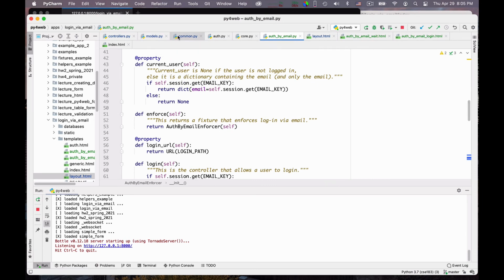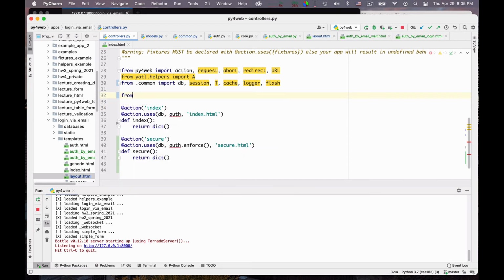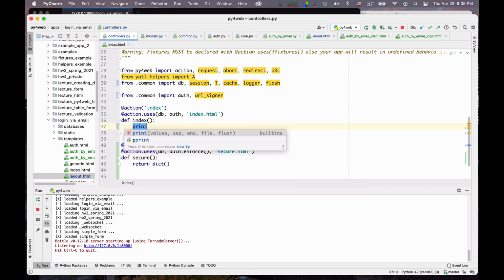And in the controllers now, okay, I can say here from common import auth and also URL signer in case I need it. Okay, and so here is a print like user, and I say get user email.